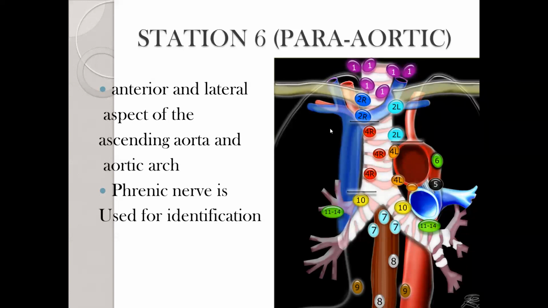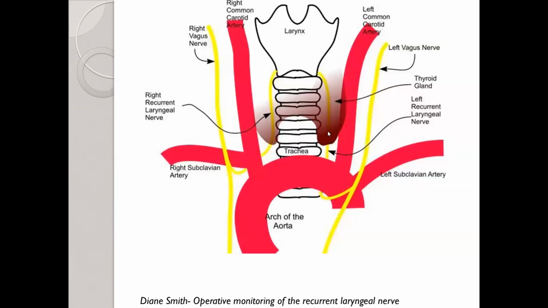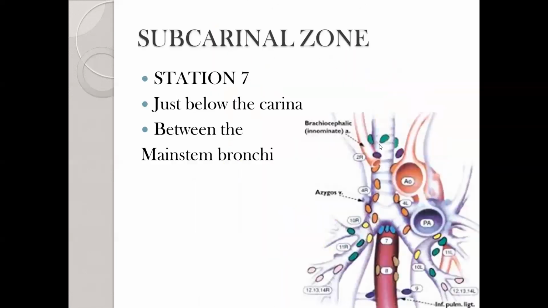In the aortopulmonary zone, which consists of station 5 and station 6, there is an important clinical question: if a person has a vocal cord palsy, then which station of lymph nodes are likely involved? And the answer to this would be station 5 lymph nodes, because the anatomy and the path traveled by the recurrent laryngeal nerve differs on the right side and the left side. We see that on the left side, the recurrent laryngeal nerve actually comes below the arch of aorta, loops around it, and then goes up. So in conditions where the station 5 lymph node is enlarged, it can cause compression of this recurrent laryngeal nerve, leading to disorders of the voice.